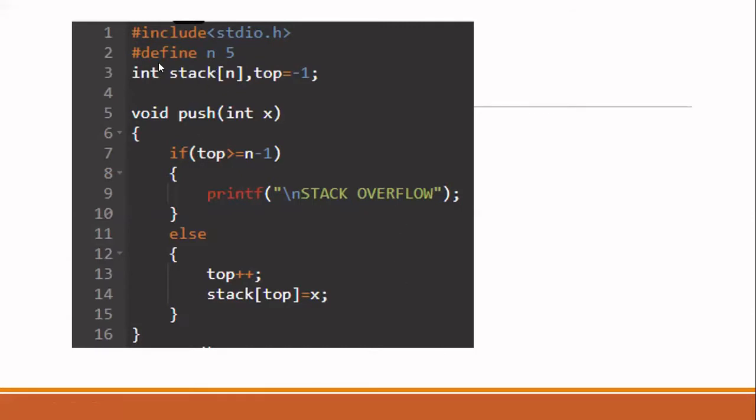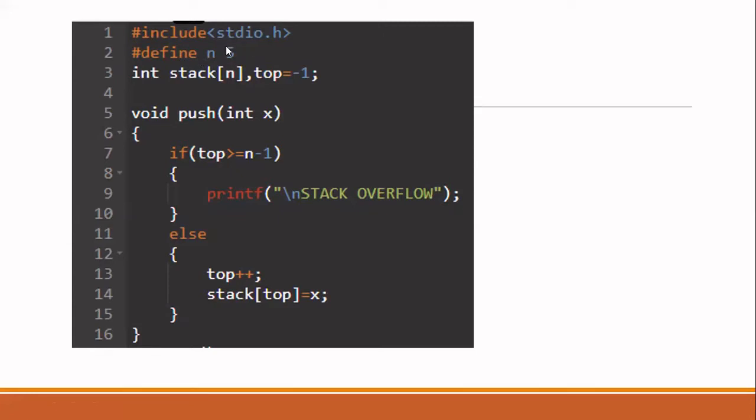Whenever you want to define a variable and give a constant value to the variable, use this in your program. This approach is simple because if you are referring to this n value many times in your program, you can simply come here and change 5 to 6. Sometimes in your loop, if you are writing for i is equal to 0, i less than 5, i plus plus, wherever you have that loop, you have to go and change it in all the places. But if you write it here in the global area, you write it one time. If you want to change, you can change it here.